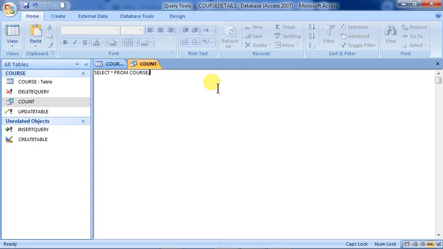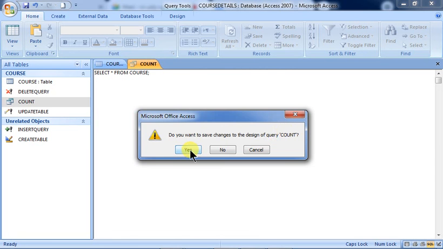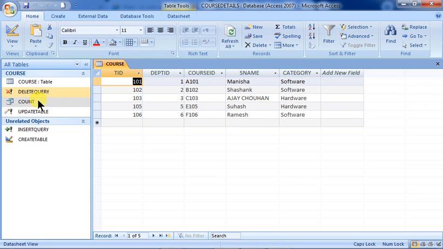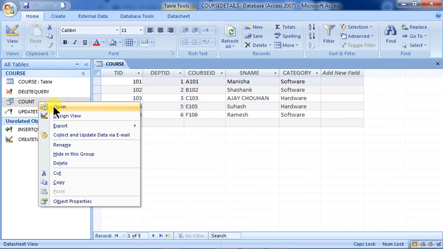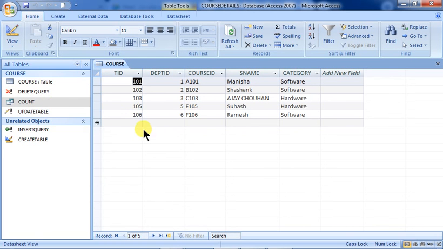This one I hope you know, to display all the records. Okay, so I'm just saving it over here under count. So what will happen whenever you are doing the count out here, when you are running, I have kept the name the same, actually open. Okay, so it will display you all the records.